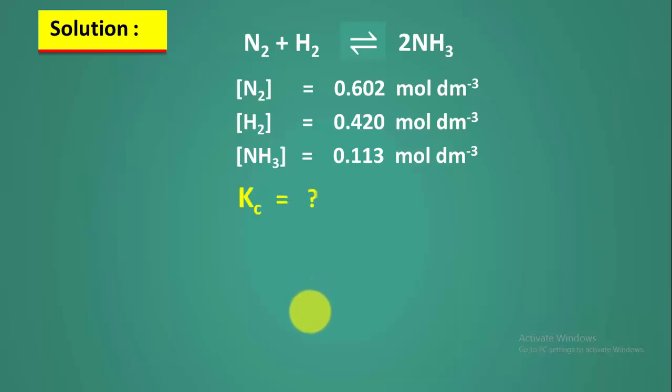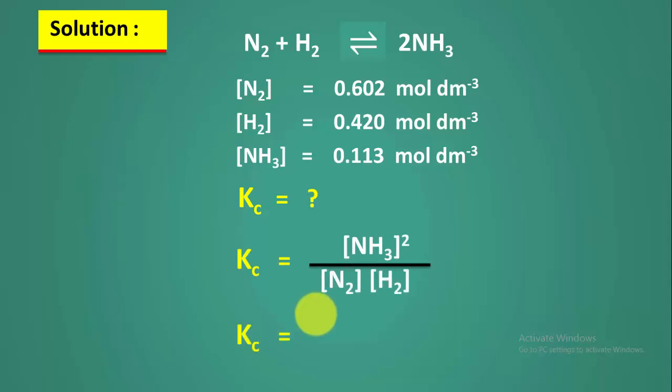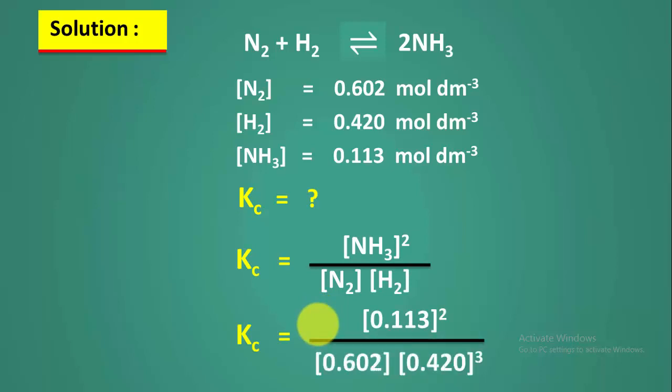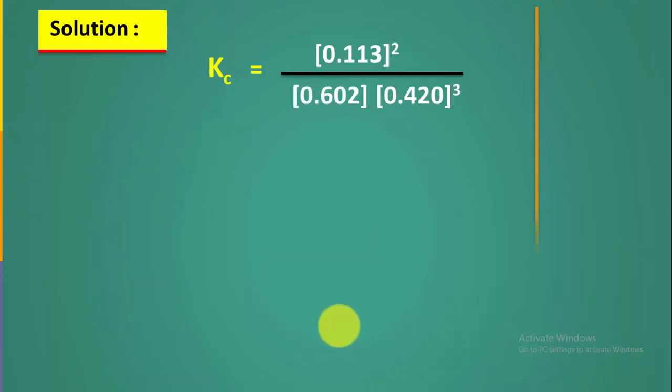So the Kc equation, like the previous one, has products in the numerator and reactants in the denominator. So you have to put in the values of ammonia, nitrogen and hydrogen, and then we calculate the value of Kc, and some calculations are done in the sidebar. The square of 0.113 is equal to 0.012769, rounded to 0.0128, and